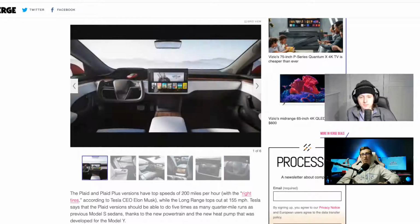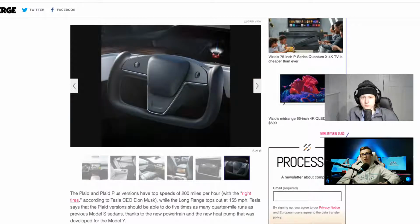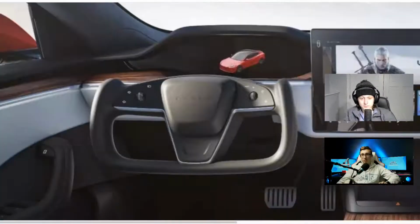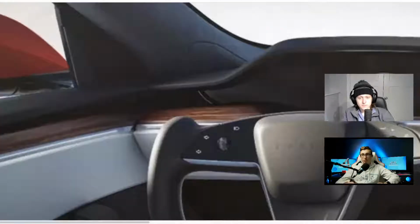And then what's interesting, I don't know if I can open these images in a new tab. Yeah, all right. And then we'll look at Tesla's website after. But I don't know, is this zooming in for everyone else? Yeah, it is. If you zoom in,